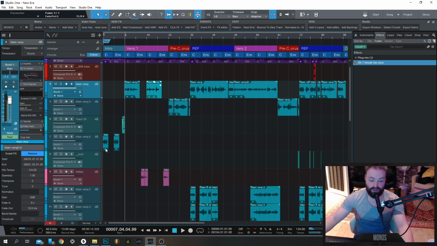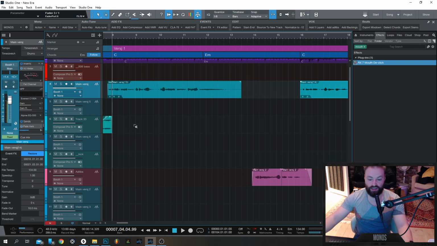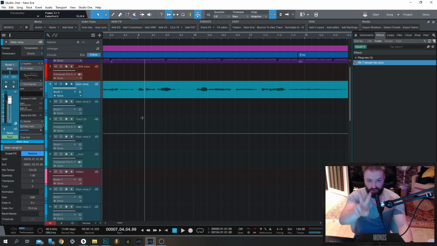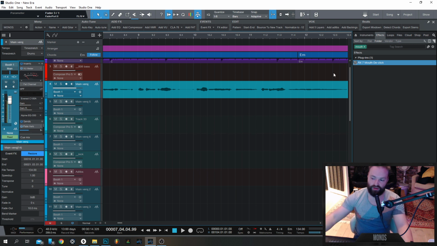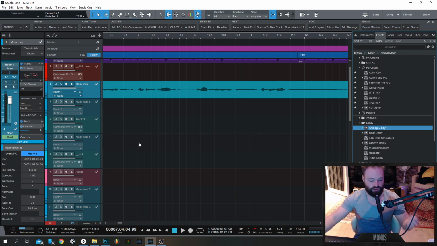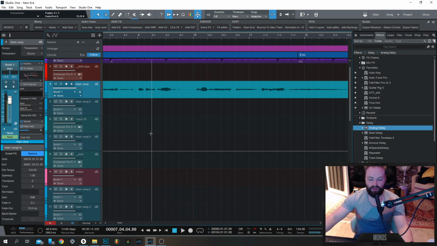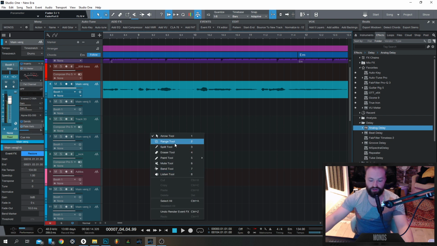Also, this is great. The first thing you will notice when working in Studio One is that the basic tool is two tools in one. It was kind of hard to wrap my head around when I was used to choosing between the paint tool and all these other tools in the playlist, like cut and mute, and I had it all on my mouse here to just quickly choose between the different tools. You can change tools here or just use 1, 2, 3, 4, which is better than